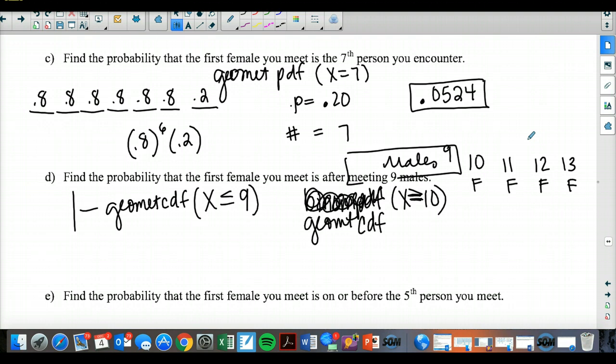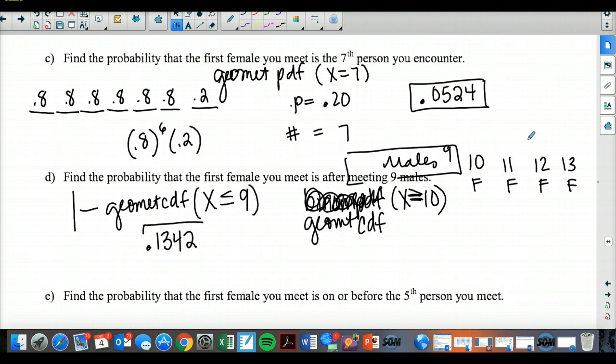So I'm going to do 1 minus, so my probability of meeting a female is 0.2, and my X value is 9. 0.1342,